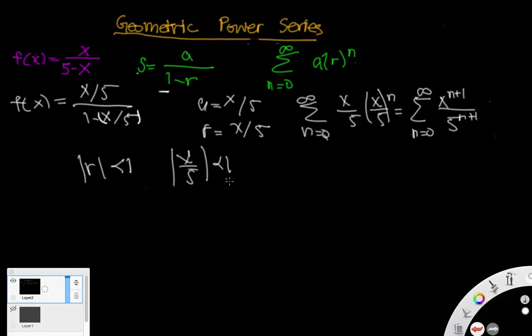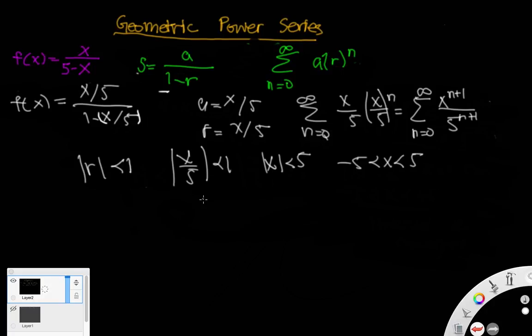and then solve. So we're going to multiply both sides by 5, and then we're going to get rid of the absolute value by making this a negative 5 to a positive 5, and there you have your interval of convergence. And keep in mind that you do not have to check the endpoints in this case, because if r is equal to 1 or negative 1, then it's automatically going to